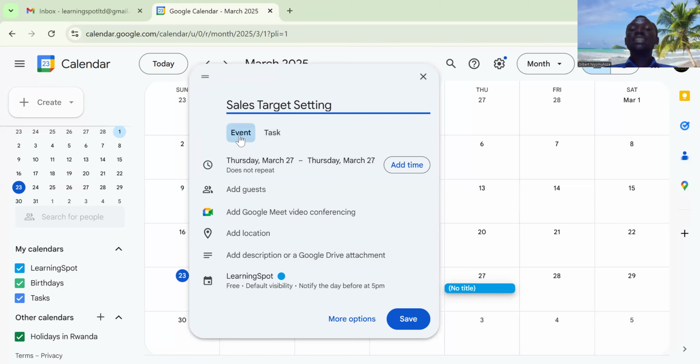Then you see it's an event. You can also make it a task if you want to schedule a task for you to remember that you have to accomplish something. But for us, we are now concerned about events. If you want to invite people for meetings, or schedule some meetings that you want to be physical, Google Calendar can help you set reminders for everyone on the calendar when the meeting is taking place. So you can see we have